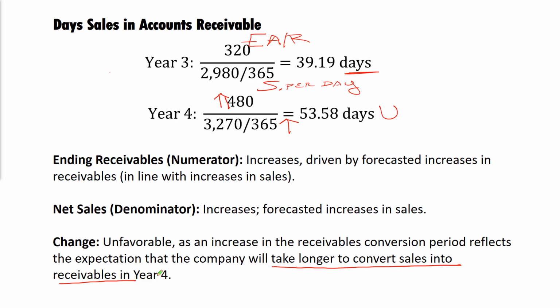Now, perhaps, again, if this is a company going through a growth stage, having to expand its operations, it is not at all uncommon for a company to recognize some inefficiencies. Basically, they may be saying, look, we've never had to operate at this size before, so that's creating some challenges for us. And it's going to take us time before we can refine our processes and get that efficiency back. So seeing these slowdowns could be indicative of that. But when we start seeing problems with AR, we also start wondering, are they relaxing their credit standards? Is it becoming more of a challenge to fully convert their sales through AR? Maybe that's cause for concern as well.